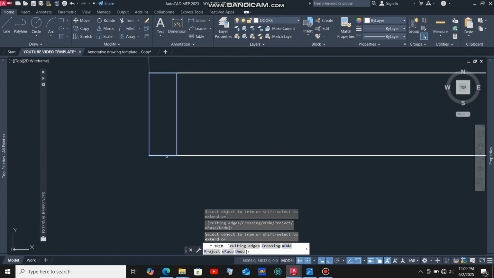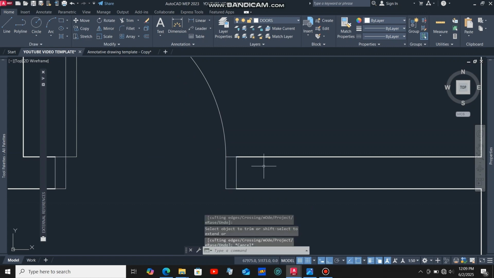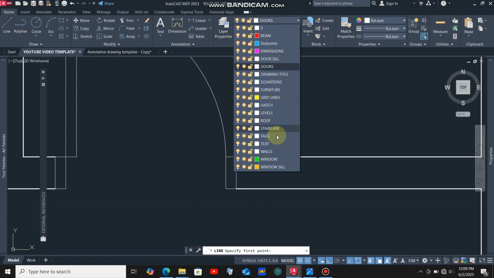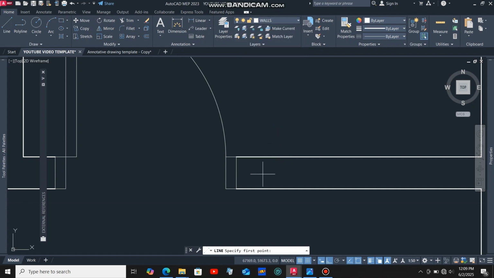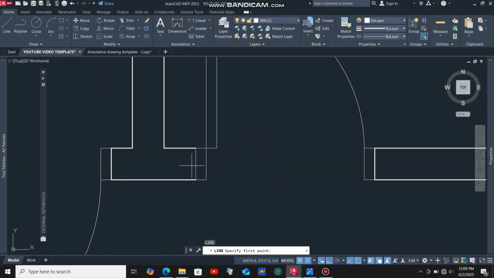So when you're done, click at the line command, then select the layer for walls, then click at this point, stretch out your cursor until this point. Press escape, press enter to reactivate the line command, then click at that point, stretch out your cursor until this point. Alright, press escape. Then next,